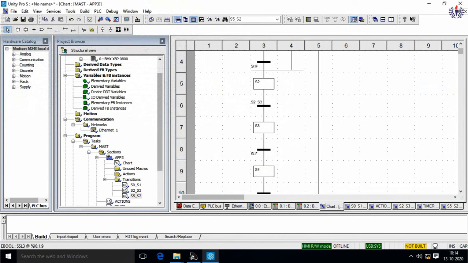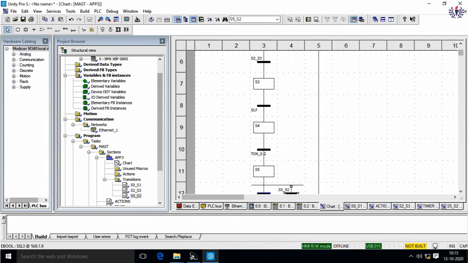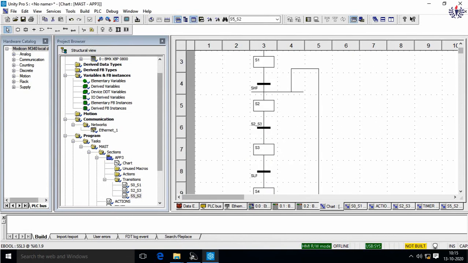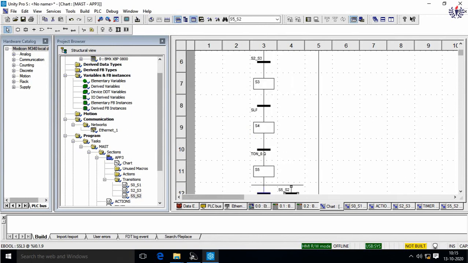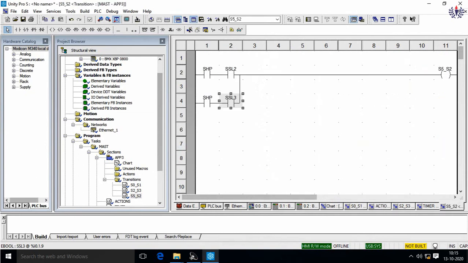In step 2, what will be the transition? Because of the continuous loop, it will ensure that it is either in slot 2 or slot 3. So it will rise to the high position, and it ensures that either it is in slot 2 or, with the same combination, in slot 3. For that looping purpose I am doing it. So in the S5_S2 transition, either it should be in the high position in slot 2 or in the high position in slot 3. If either condition is satisfied, this will work.